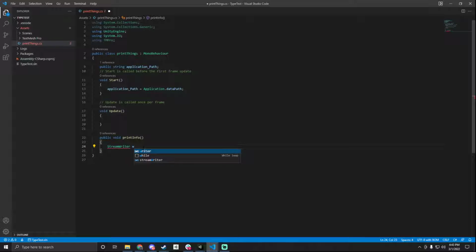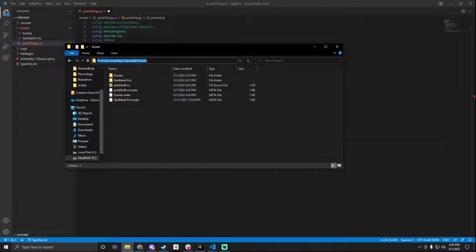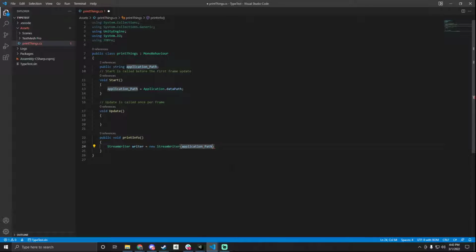Object, I suppose, class. So StreamWriter equals new StreamWriter. Inside that, we're going to want the application path, and this just holds the path, but not the name of the actual file, so we need to add that. To do that, we're going to